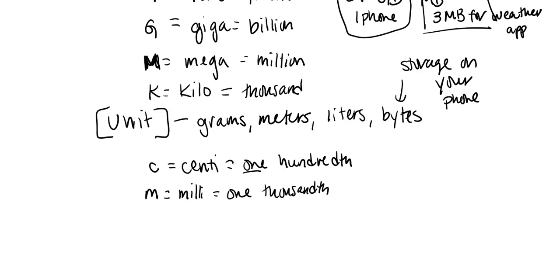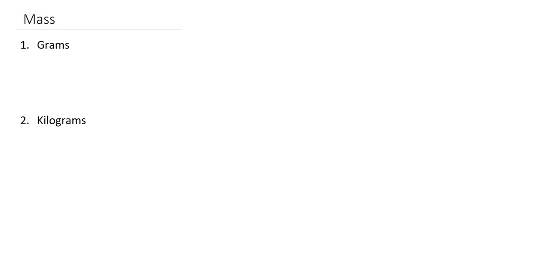Now let's look at this in terms of mass. So we have mass. Our base unit is grams. We measure things in grams, right? And so if you have a base unit of grams, we can call this our base unit. And so if you go from grams to, say,